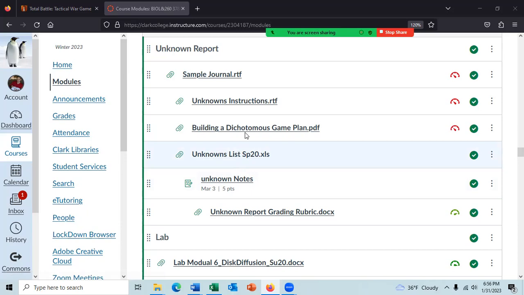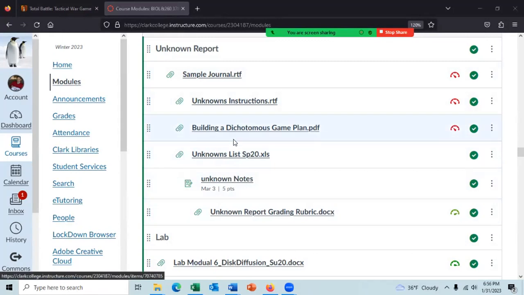And then every once in a while, you'll have to look at the building a dichotomous game plan. You don't need to look at that right away, but you will need to look at it at least once when you're doing your unknown project. And it probably would be a good idea to look at that one, this one, this one, and this one before you submit your unknown report at the end.